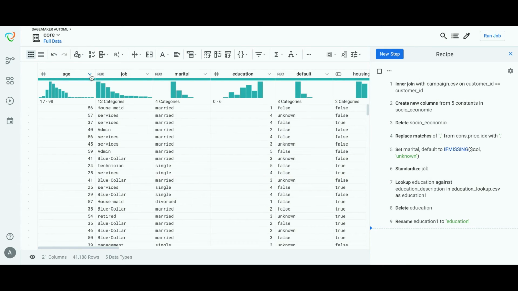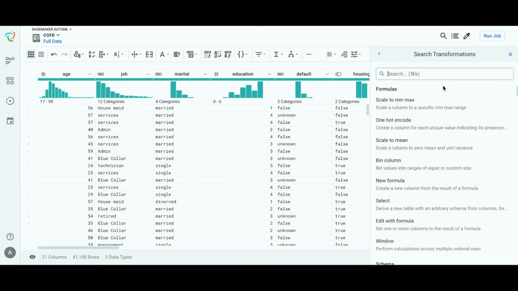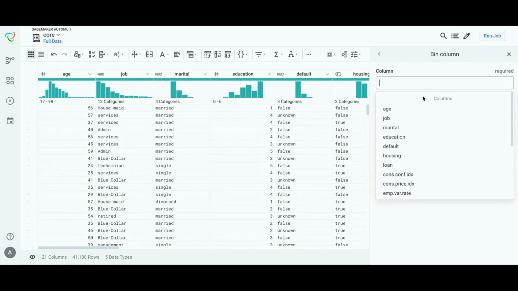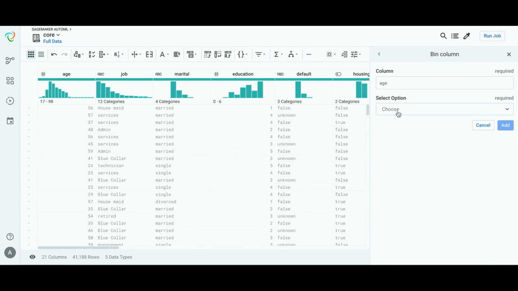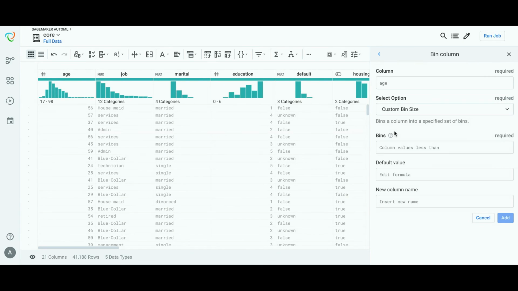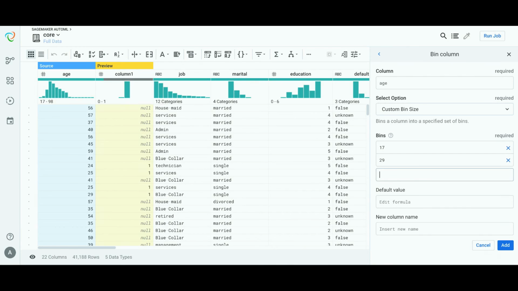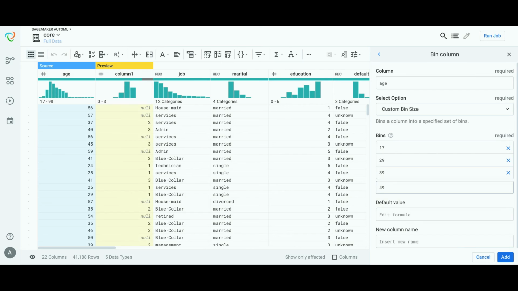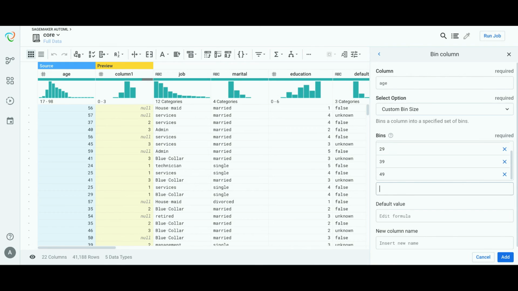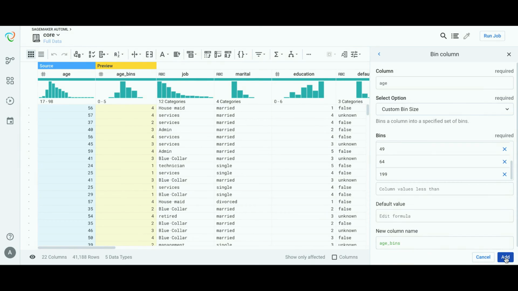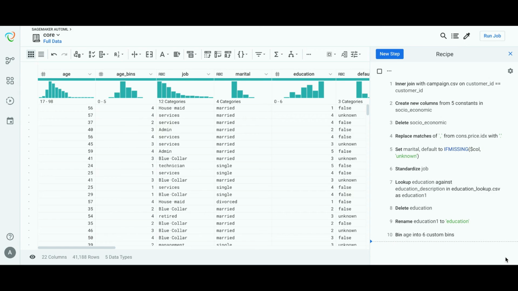Let's take a look at the age column. Age is a numeric feature, but we can use binning to group together various age groups that share common characteristics. This can enhance the predictive power of the model. For example, senior citizens aged 65 and over may be eligible for additional discounts and tax incentives that make them a better candidate for a term deposit offer. We can apply our business domain expertise to come up with sensible boundaries for our custom bins. For example, we may group everyone 17 years and below into a minor category and everyone over 65 years into a senior category.